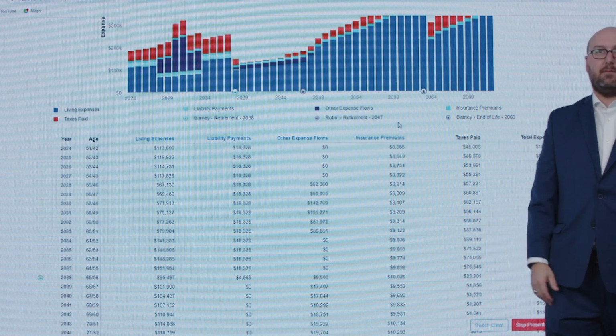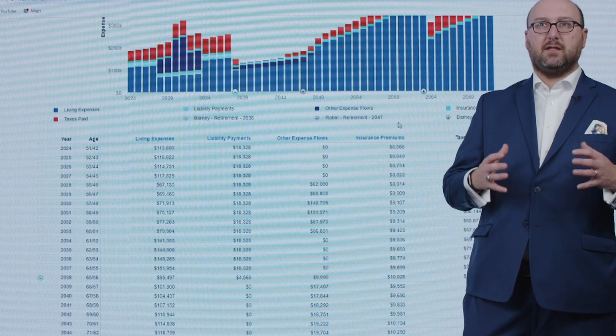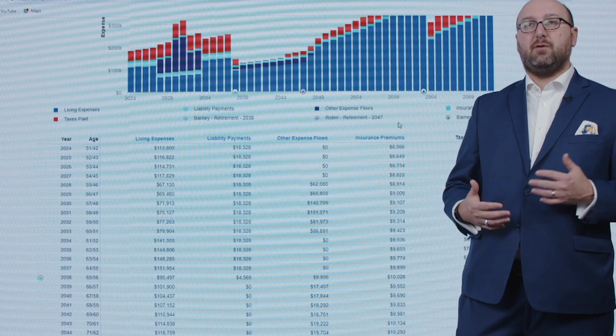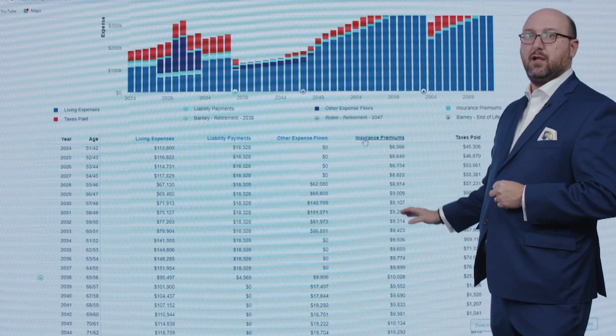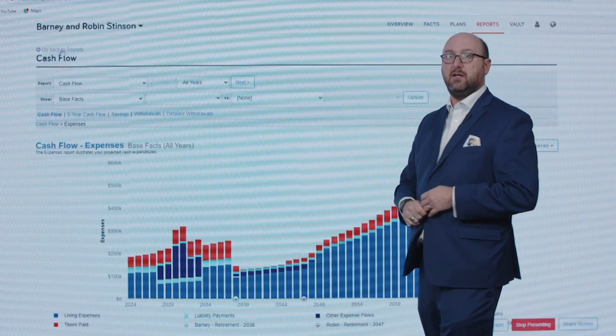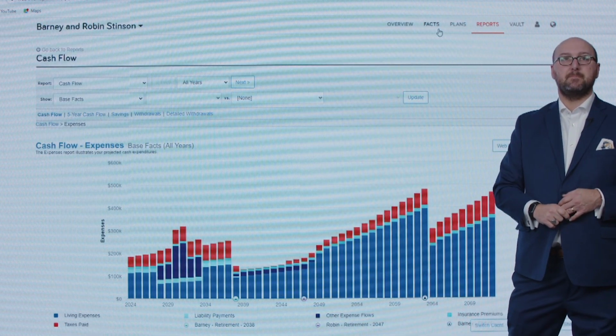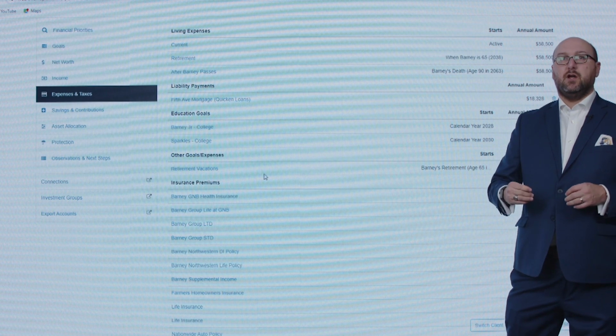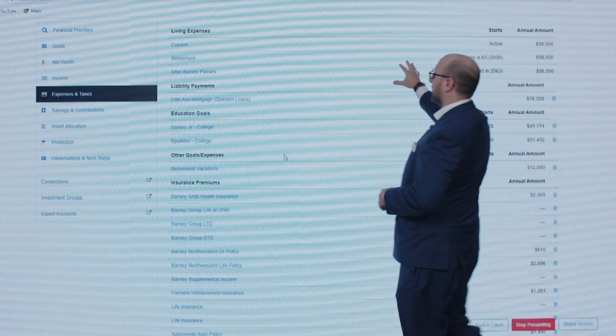Sometimes I'll pull this up in that part of the meeting just to explain to a client, this is what's going on inside of here. This is so vitally important. So the way that I explain this, if we're going to go back to base facts, I could explain it here, but I'm going to explain it back in base facts because that's what this eMoney is all about. So when I explained to them, I said, these are what I like to call,